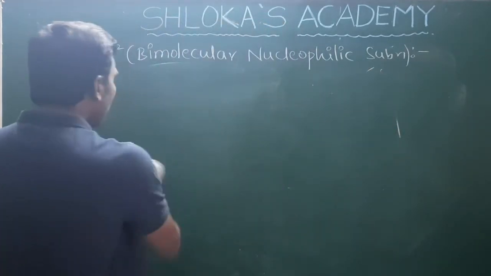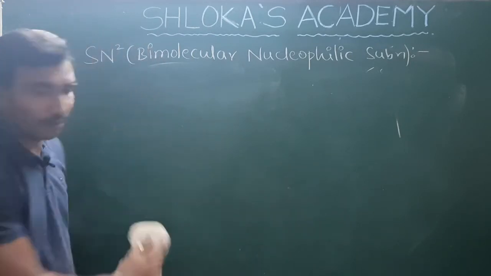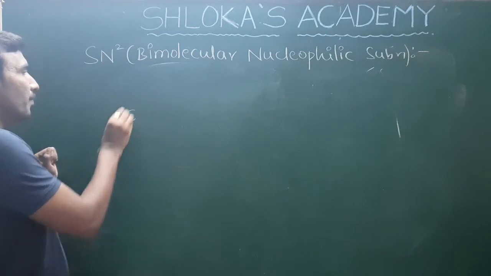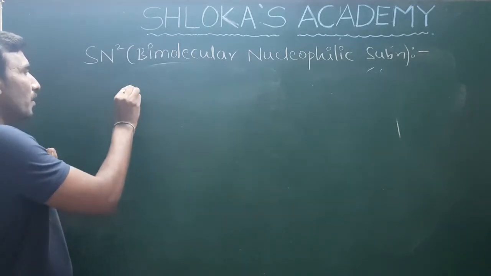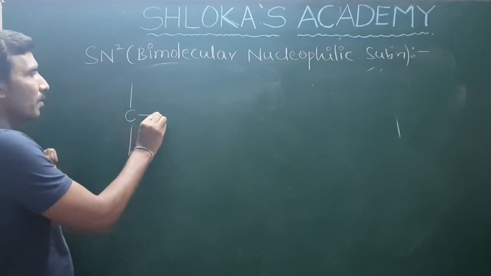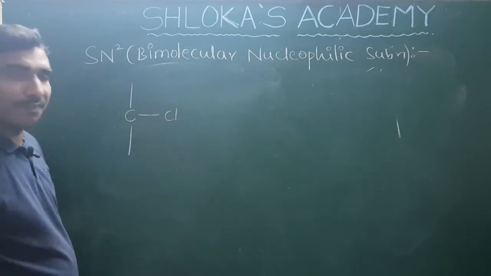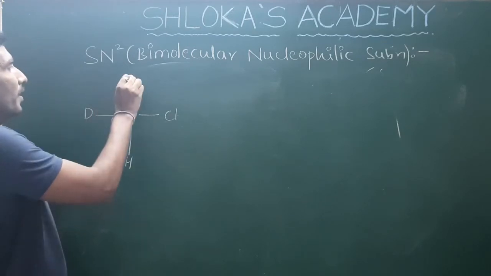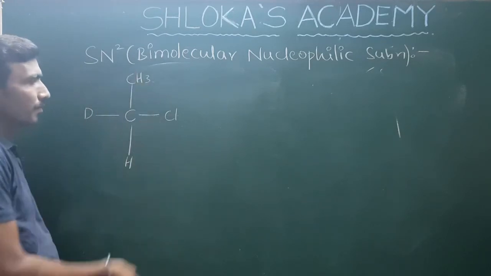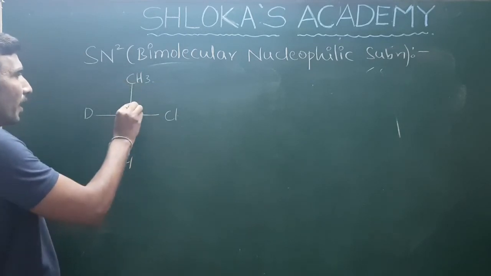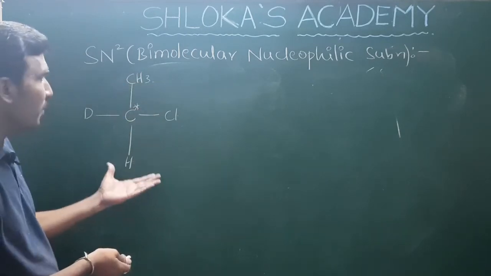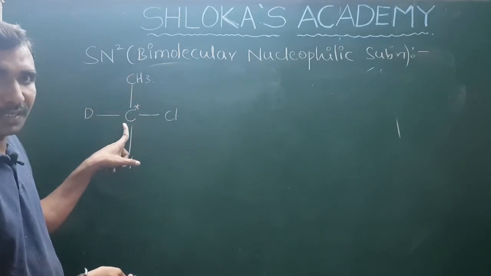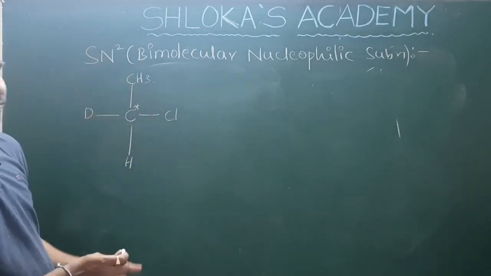Stereochemistry of the reaction, let me take one example, then you will come to know very clearly. So here I am starting with one halogen, chlorine I am taking, and here hydrogen, and here deuterium, and here a methyl group I am taking. This is a chiral carbon, and you just assume that it is a Fischer projection. Instead of a cross, I have written carbon.